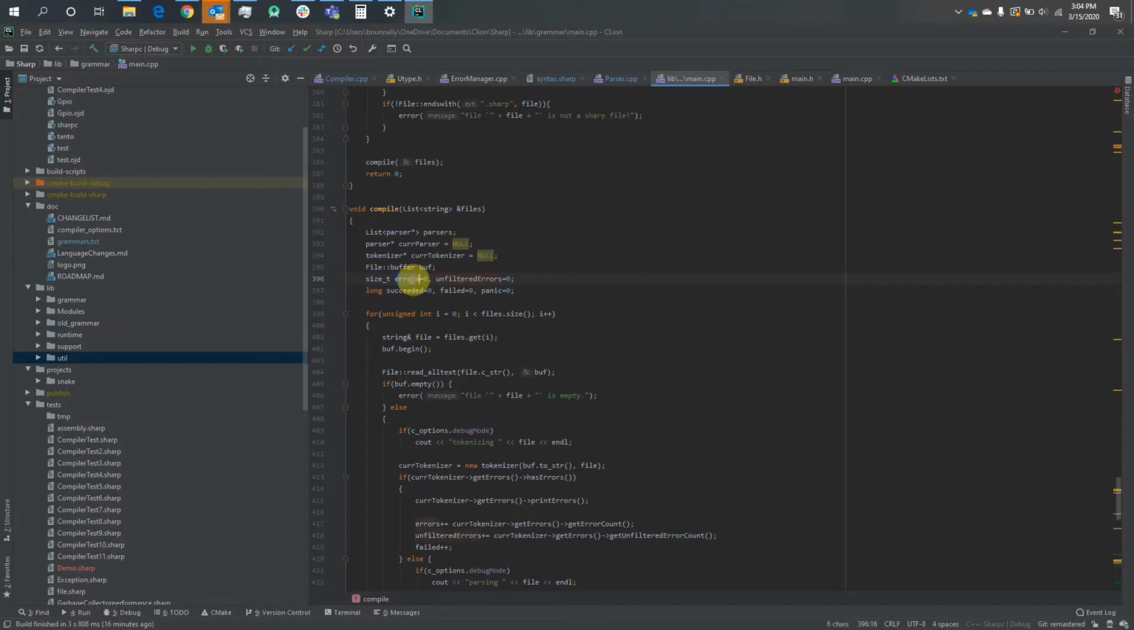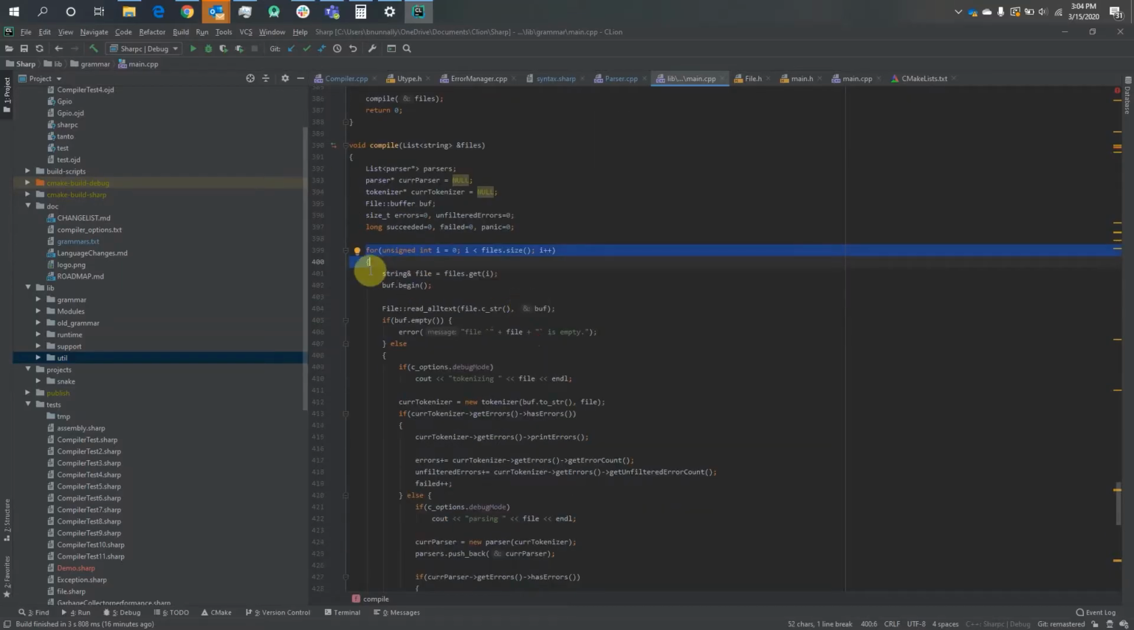So we want to have the errors that the user sees and then our total unfiltered errors. How many files succeeded, how many files failed, and how many files just panicked out. And then, of course, we want to have our for loop to go through all of our files. In there, we want to create a string, and we want to get the first file,